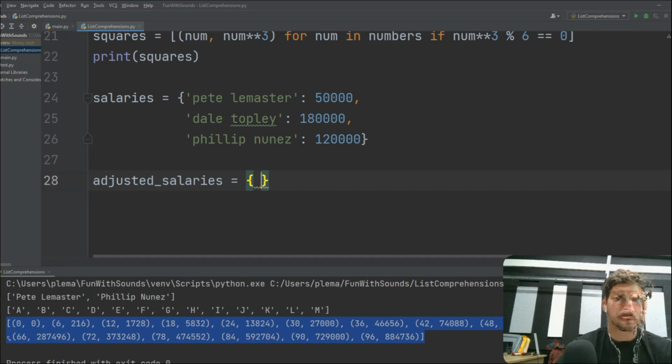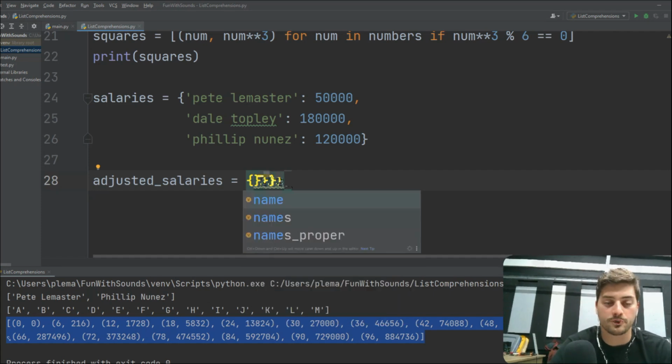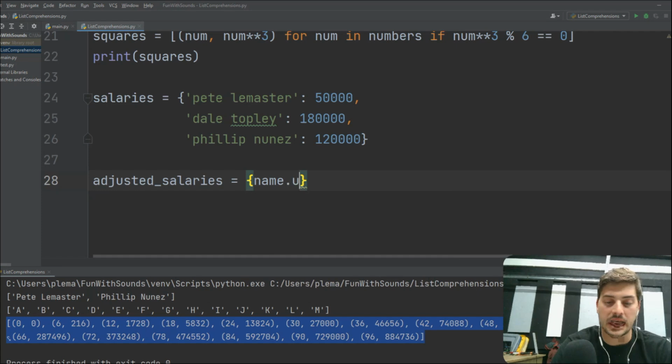The format here is very similar. It's still A for B in C if D, only now you have to know about a couple little nuances, okay? So let's say I want to do 2 things. I want to do a full uppercase of the name. So I want to do name.upper, but then I also want to take an integer value of the salary to